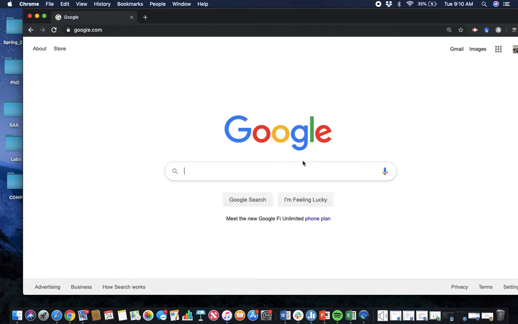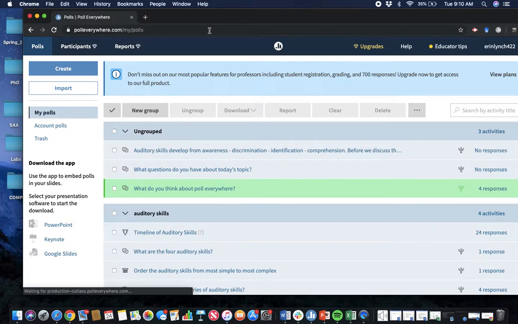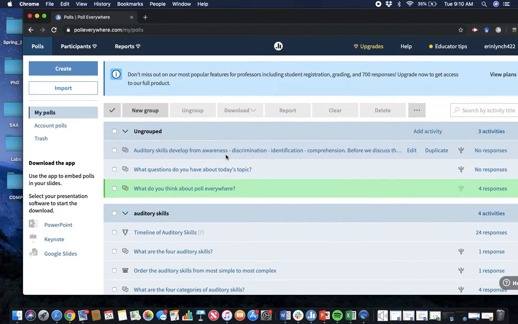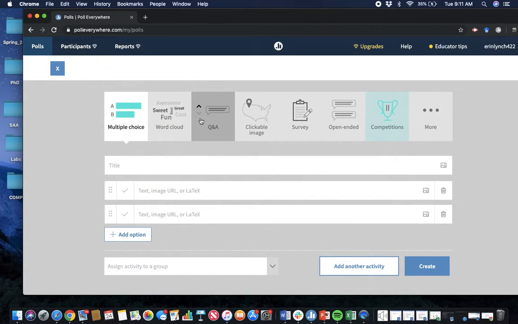Lynch, and today I'm going to go over how to use a website called Poll Everywhere to make classrooms more interactive. So, Poll Everywhere allows you as an instructor to create different questions, quizzes, and allow for open communication and interface